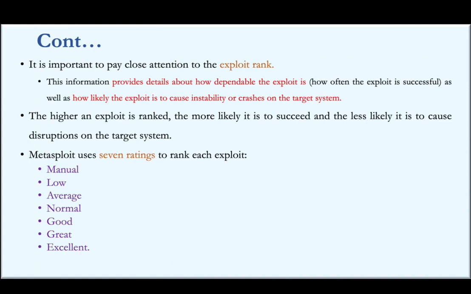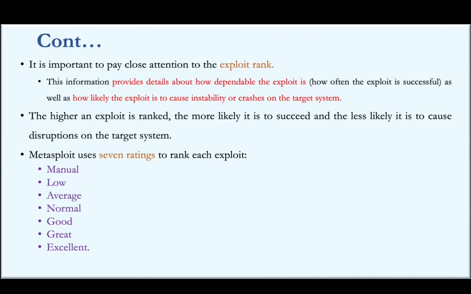But here, just remember, as the rank goes up, it gives a better result. Finally, the Metasploit search feature presents us with a brief description of the exploit, providing additional details about the attack. So choose the exploits with a higher rank, as they are less likely to disrupt the normal functioning